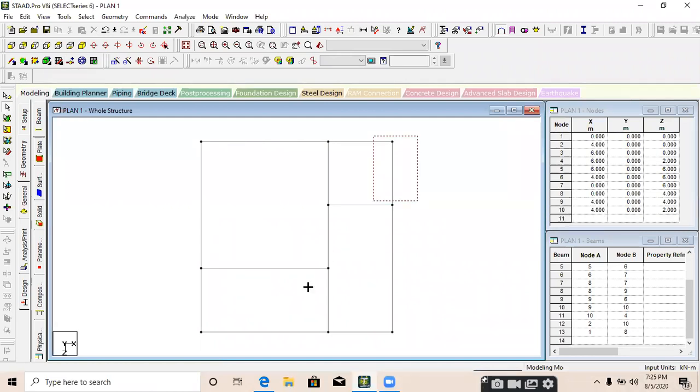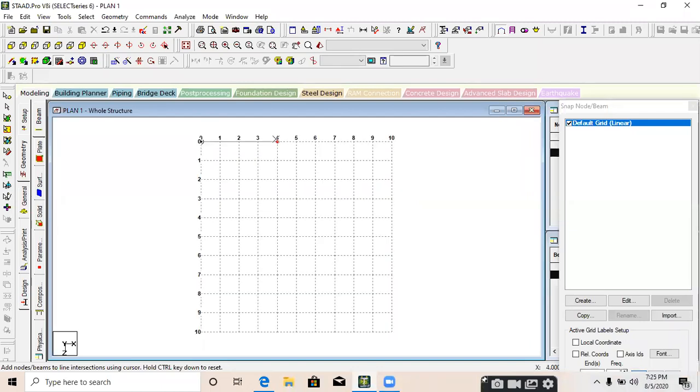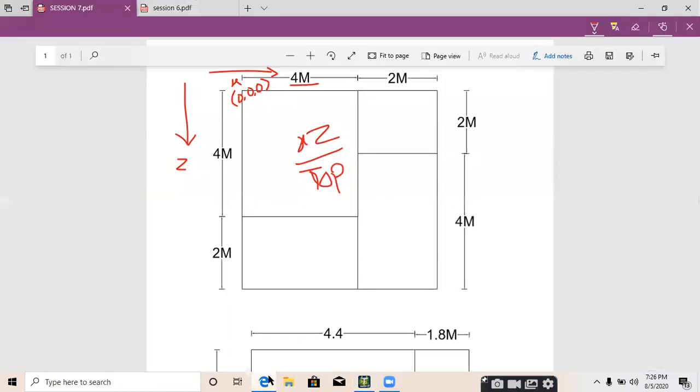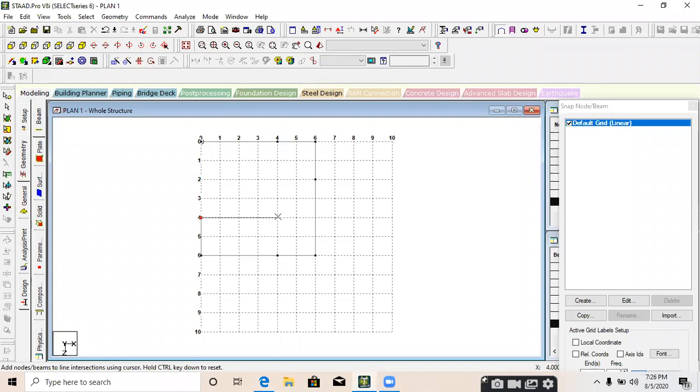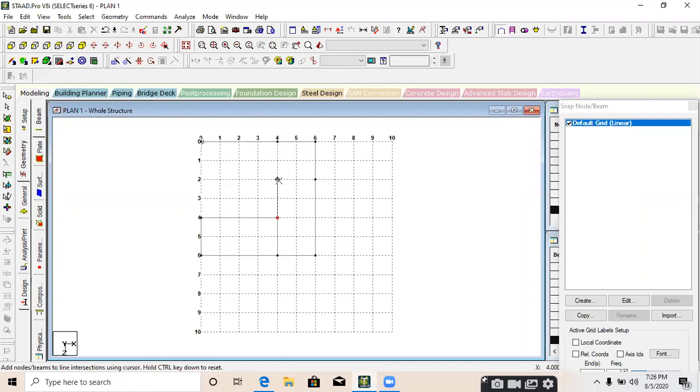I will repeat this. Just I delete. Switch on the grid, click on 0, then come 4 meters in x direction, again 2 meters in x direction, come down up to 2 meters, again up to 4 meters, come in left side up to 2 meters, then again 4 meters, go up side up to 2 meters, come rightward side up to 4 meters, come down, there is a dead end, so switch off the grid, again on the grid and start from this node.